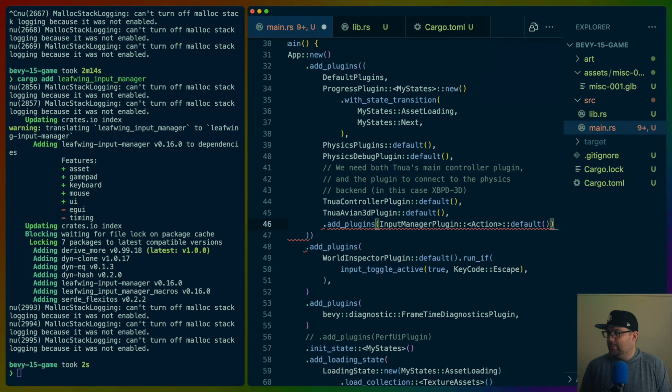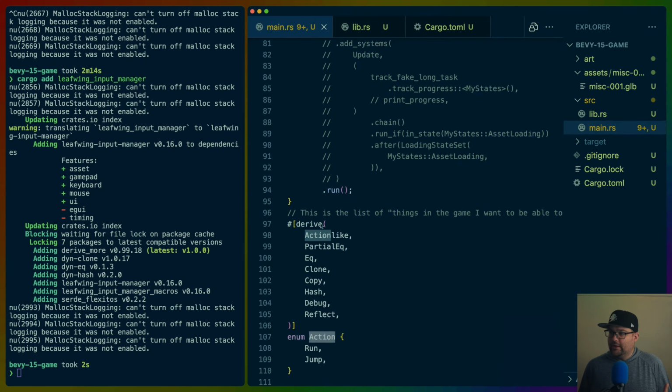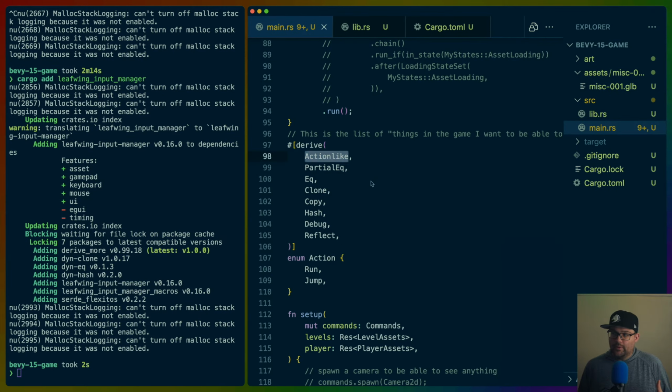Which means we'll be able to put the plugin here. And this action is just like a user generated enum with some derives on it. So action like comes from Leafwing. Now we have run and jump as actions that you can input into a game. We don't have any controls powering them, but